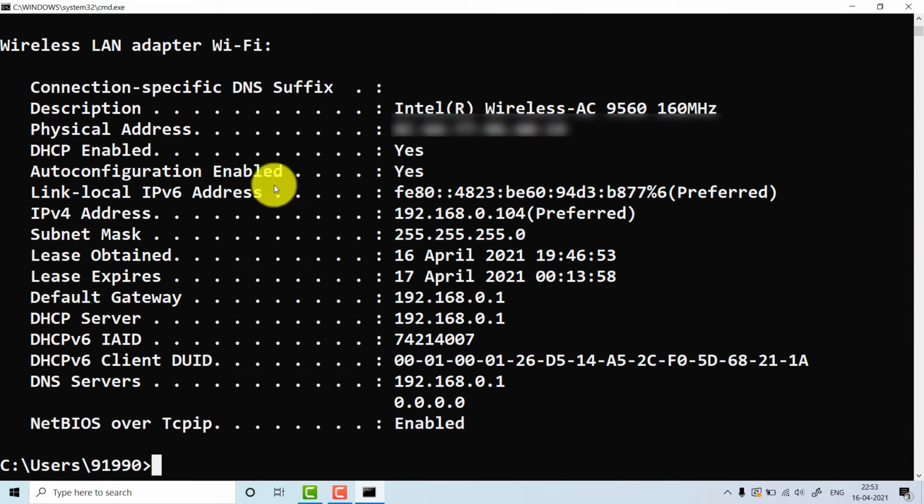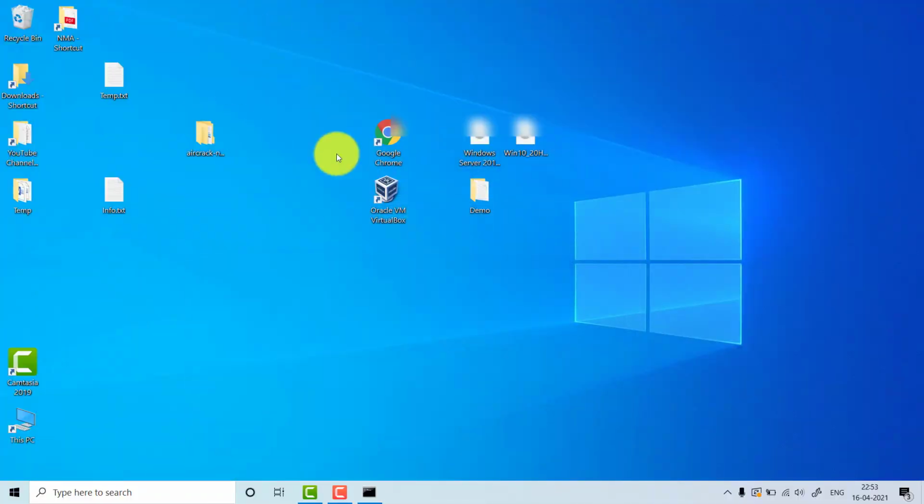Now see here. This is the IP of your computer. We are not concerned with it right now. What is your concern right now is this default gateway. Default gateway is the IP address of my router, from where I am getting the internet. So what you have to do is note this: 192.168.0.1. Go to Google